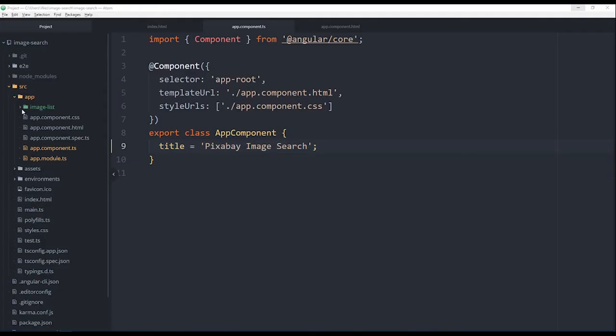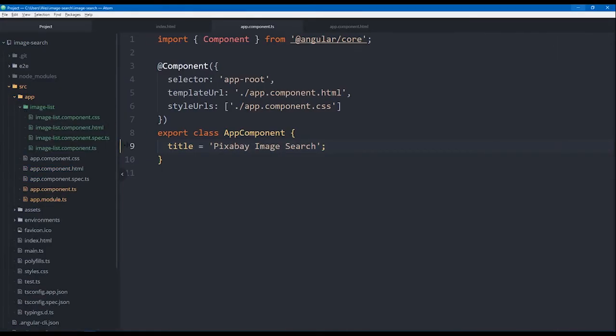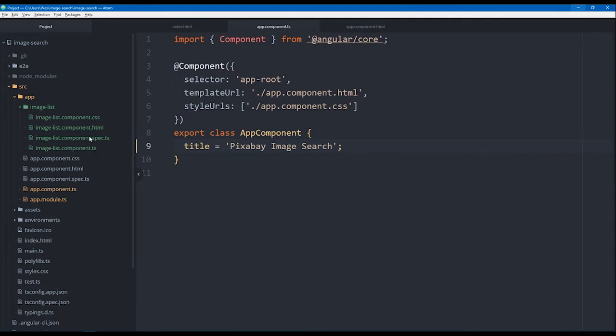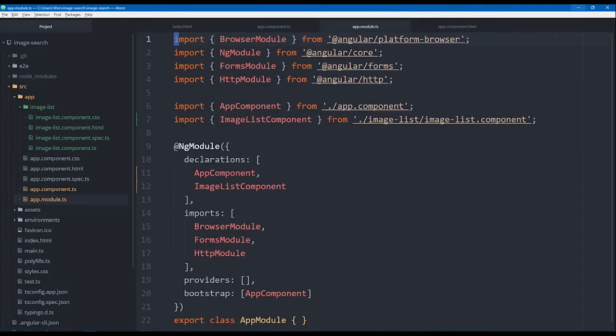So inside our image-list directory now, we can see that the CLI created those 4 files for us. And we can also note that in our app.module.ts file, it's also added the import statement here to import this ImageListComponent that it's created, as well as add it to our array of declarations in the NgModule decorator here. All right, so let's go take a look at the TypeScript file that it generated,